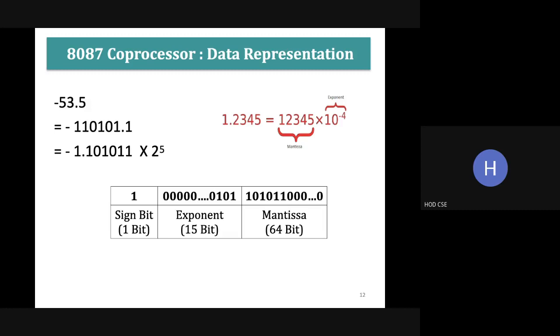Because it is binary data, the base is 2. If it were decimal data, I would write 10. Then the mantissa part is stored in 64 bits. Hope you understood.